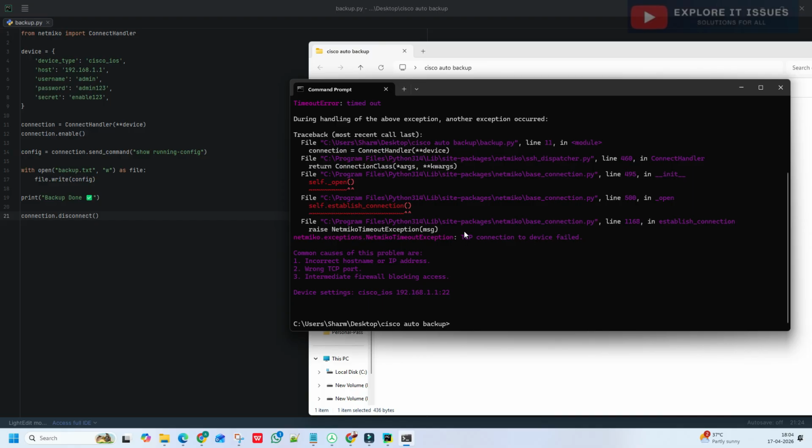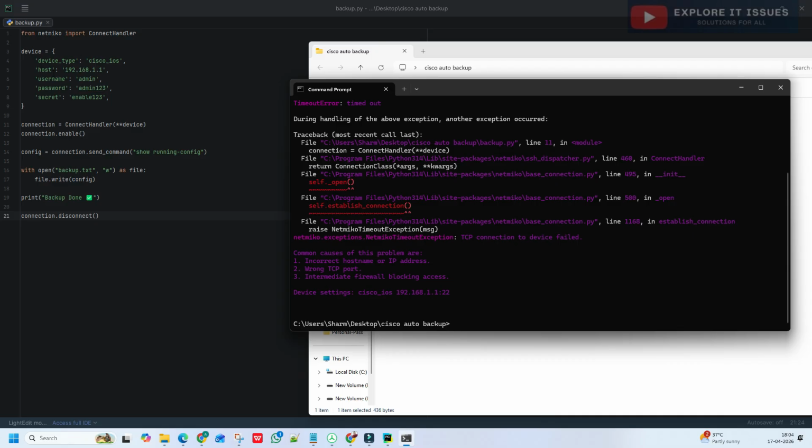Once you have run this in the network via Python, you just take a backup of all your network devices. In my case it failed because I don't have any Cisco devices in my network, or this is only for example purposes.